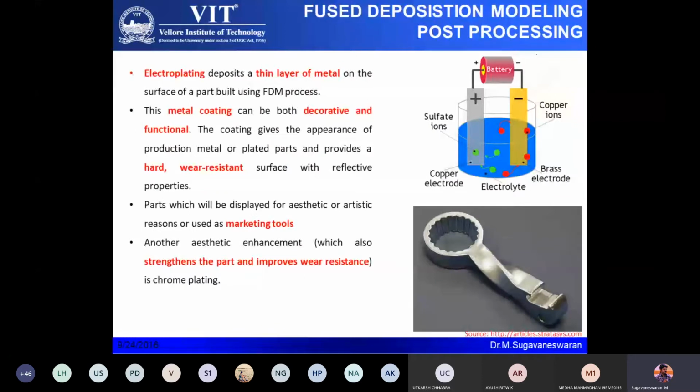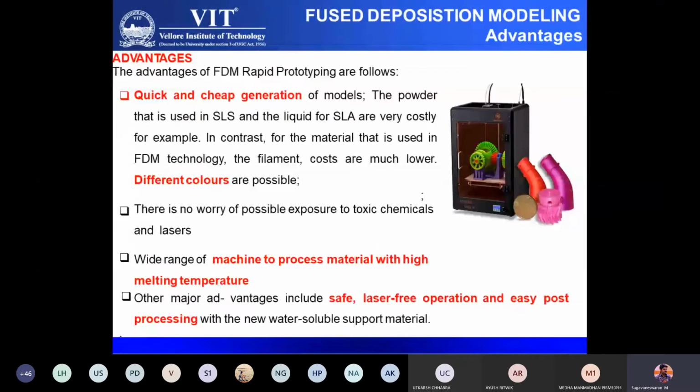Apart from that, the advantage is, since the machine doesn't use any laser system, there is no need for any inert atmosphere, and you can print a part if it is a biocompatible material. Some materials are toxic. We have to maintain a suitable environmental condition to exhale the heated fumes. When you heat a filament, it will generate a lot of fumes, so for certain materials you have to take that constraint into account. In most biocompatible materials like PLA, the environment requirement is very low. So obviously the cost of a part printed through FDM will be less than that of other additive manufacturing processes.